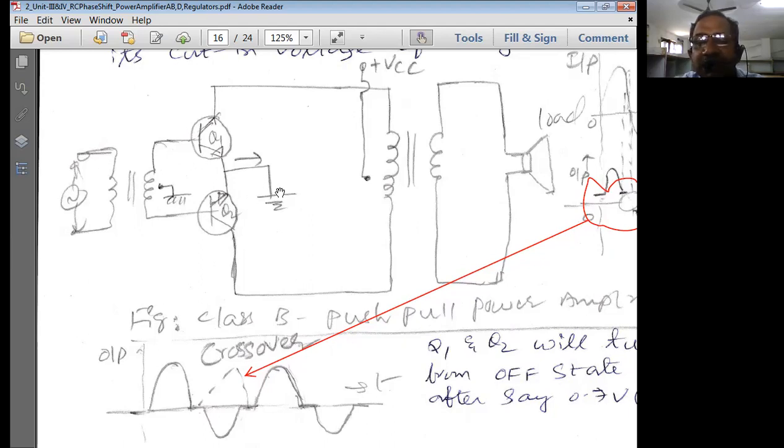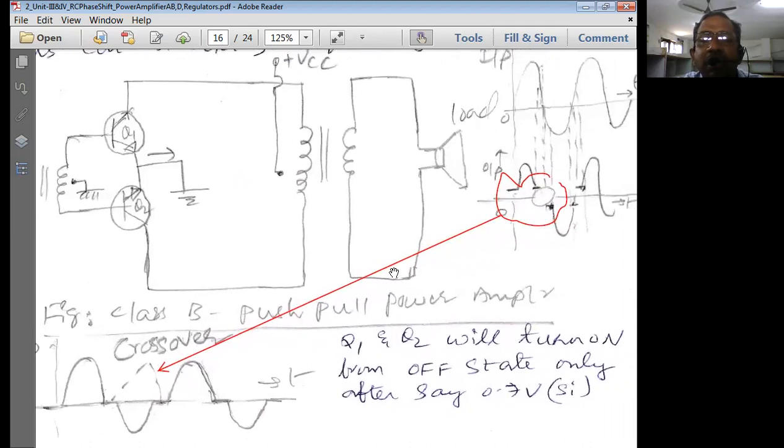Now, just remember the circuit diagram: because it is a common emitter configuration, the two emitters are simply connected to the ground. At the output side, you're going to have a transformer, and the center tap of the output transformer is simply connected to VCC. The secondary is connected to the loudspeaker, and the input is applied through a step down transformer. This is the circuit diagram we have for the class B push-pull type of power amplifier.